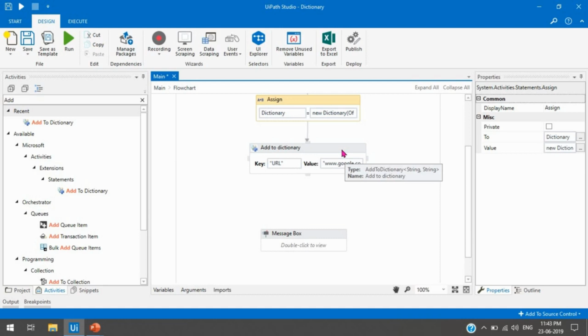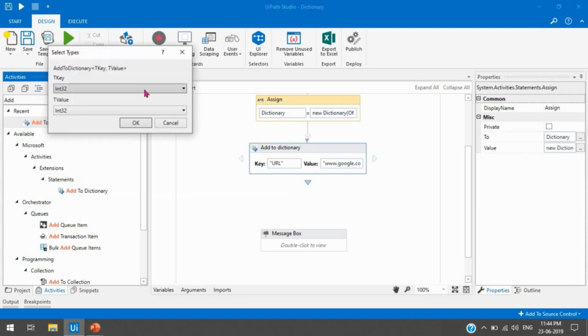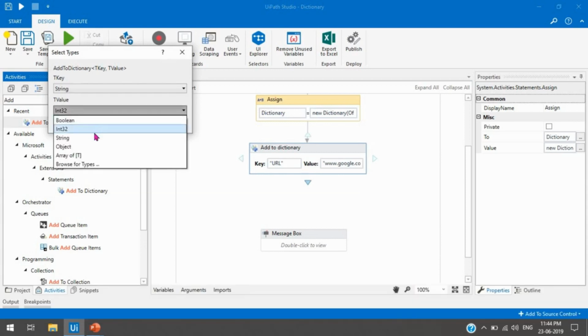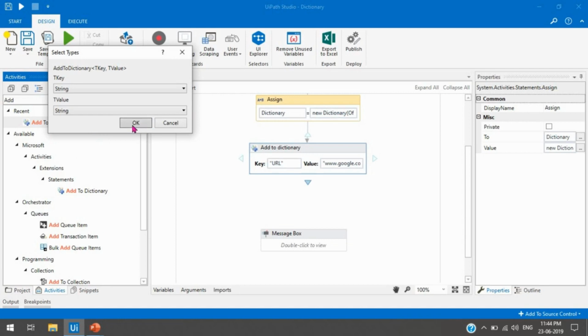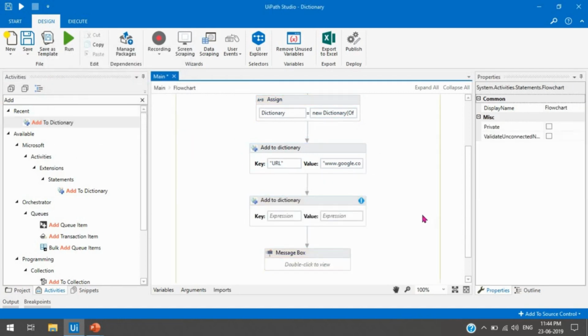Now if we need to add more data to the dictionary, then we can take another Add to Dictionary activity, drag and drop it here and select this. The type key will always be this because we have assigned the new dictionary of string. Now press OK, then let's connect this again.